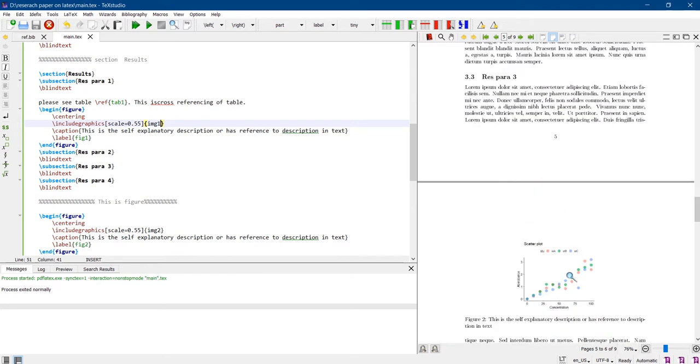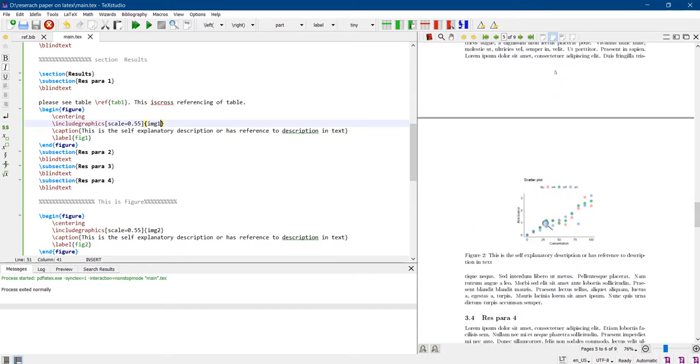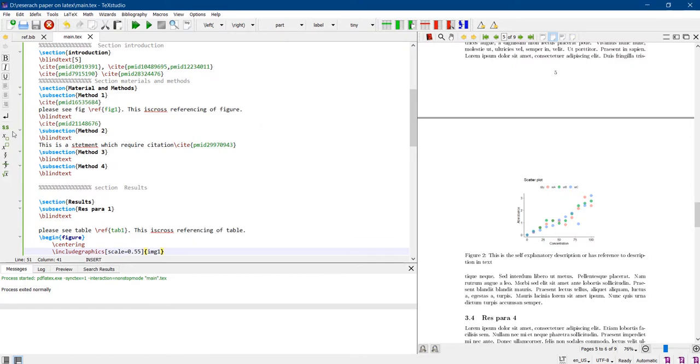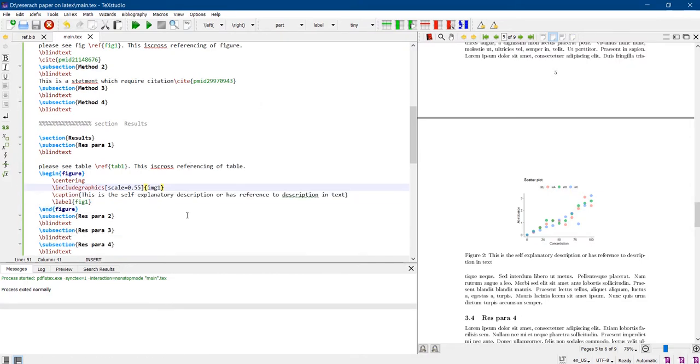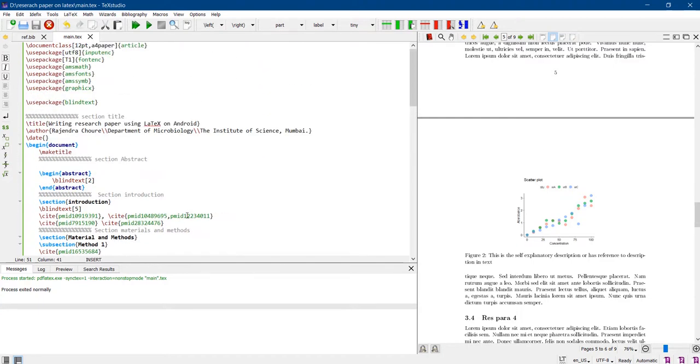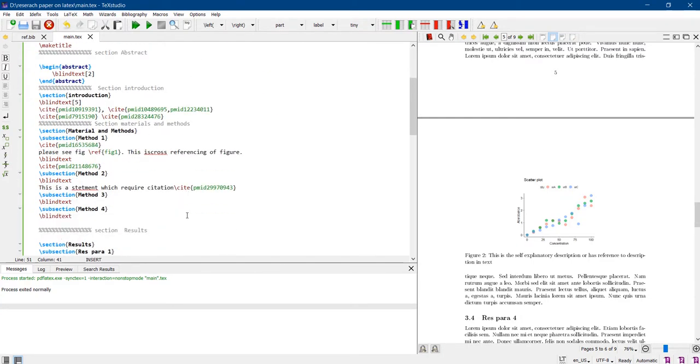but these figures are not where we want them, therefore we will go for the cross referencing, and here that figure cross referencing is there. We will look for the code for figure cross referencing, and this is there. Please see figure \ref is the code, and as argument we have given the name of the figure.